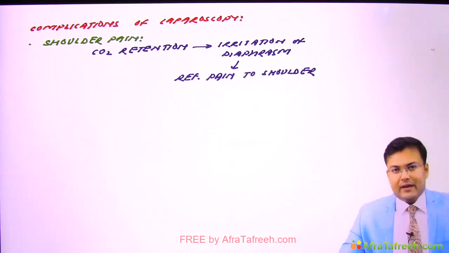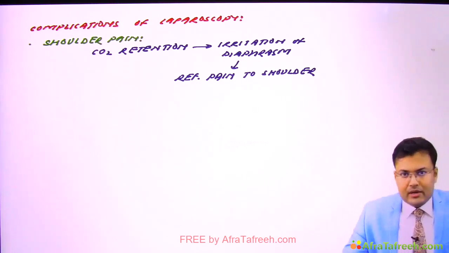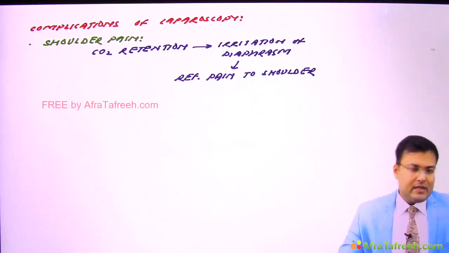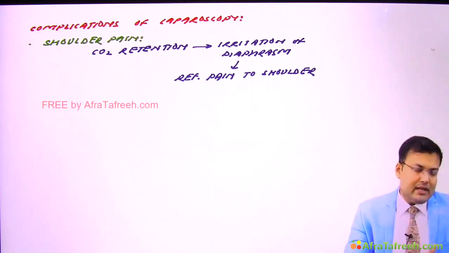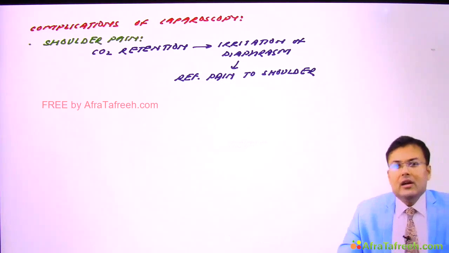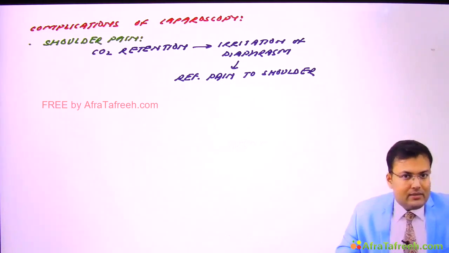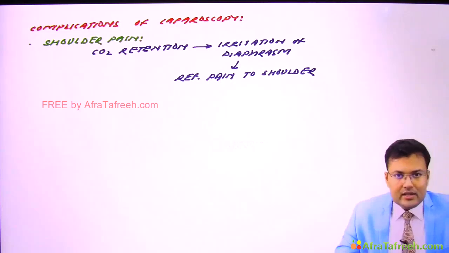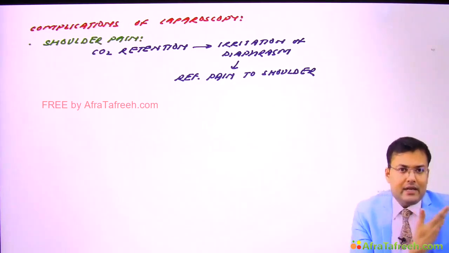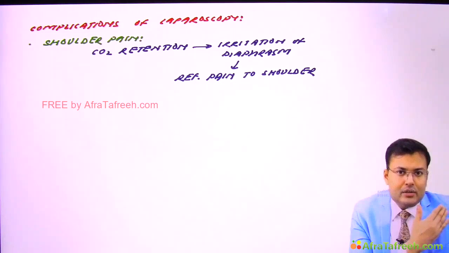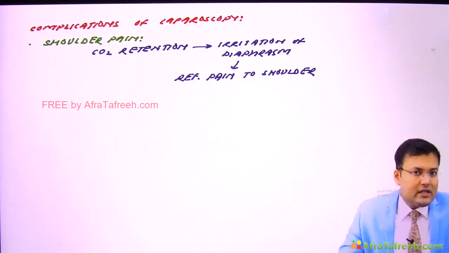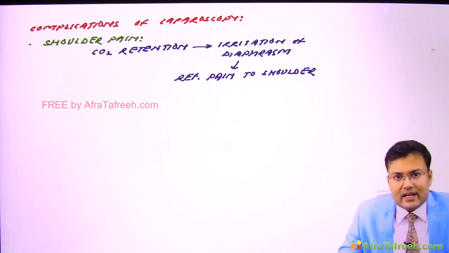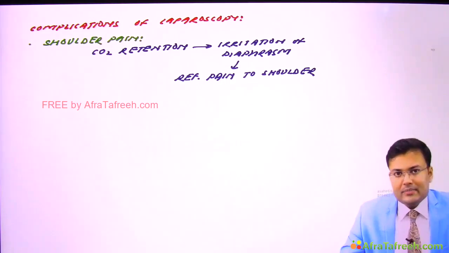Via the phrenic nerve. If you remember, in splenic trauma we discussed that sometimes there is a collection of blood under the left dome of the diaphragm, and this blood is going to irritate the undersurface of the diaphragm, and via the phrenic nerve the pain is referred to the left shoulder. What's the name of this sign? This is Kehr's sign we discussed. So a similar mechanism is here.